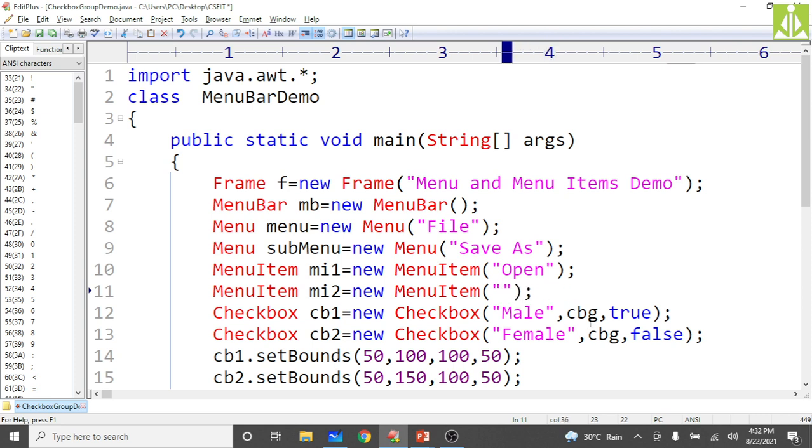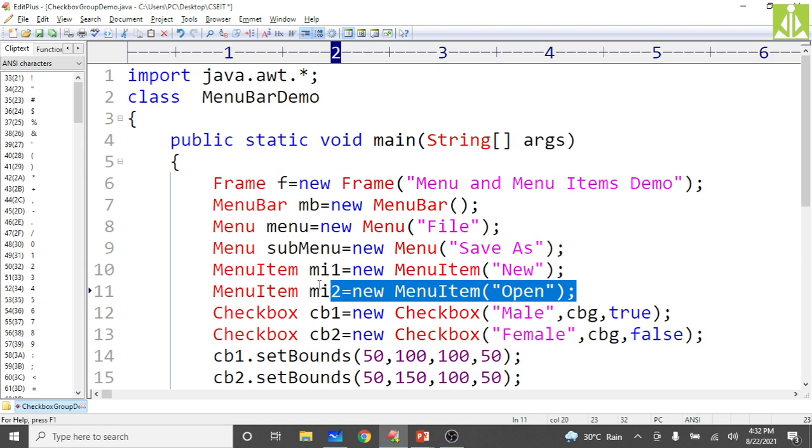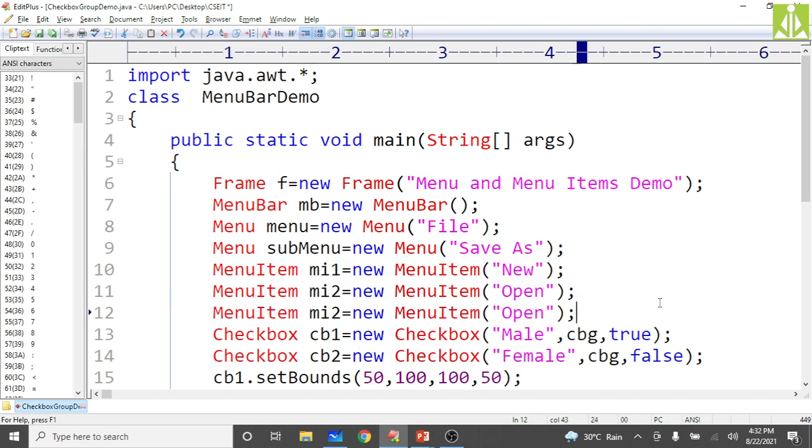After that, first new, we will have first new then open, isn't it? So new here, open. Then the third item, take another one, Control C, mi3, menu item 3, and make it as save.